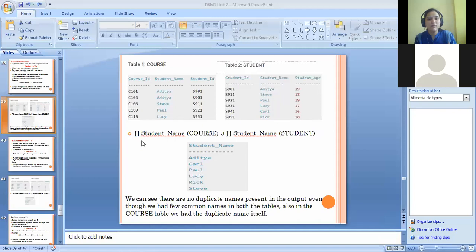This will select the attribute student name from the course, only that much. And union project student name from the student. This will select the student name from the student table. And after union, the result will be given in the table below.